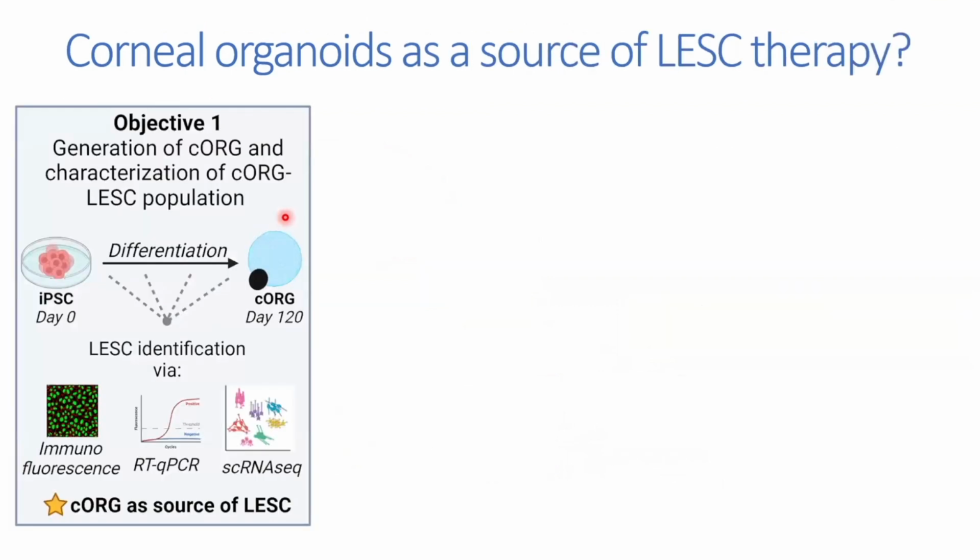So this is the breakdown of the project, the steps that I prepared to do it. Of course, it hasn't started yet. For the first step, we will generate the organoids, and we will try to find out within the organoid first if we have limbal stem cells in there, and how similar they are to the cells from the actual eye. We will do a lot of lab tests like immunofluorescence, gene expression, and the single-cell RNA-seq that I explained before. The goal is to show that these organoids are a source of limbal stem cells.